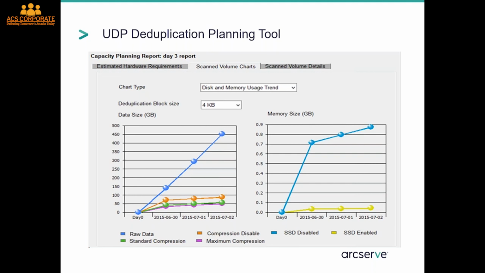So we wouldn't say run it across 100 servers. We would maybe pick your Exchange server, your Oracle server, your SQL server, your SharePoint environment, a couple of file servers, X number of VMs, a couple of physical servers, just to give us a representation of your environment. And we would run this tool over a number of days. And that would actually help us to calculate what the actual compression and dedupe ratios we would get with your